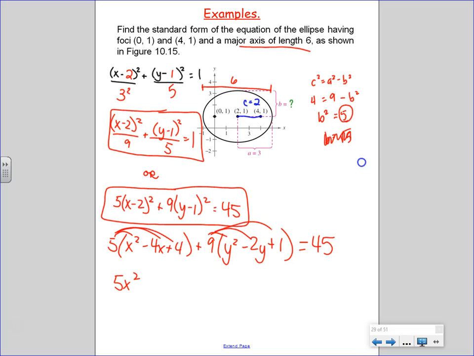I'll do the next term that'll be the right. Ax squared. Bxy isn't there. Cy squared, I'd write the 9y squared second. Plus dx, there's my minus 20x. Plus ey, there's my minus 18y. Plus f, well, I have 20 there, I have 9 there, that would be 29, and I'm subtracting 45. Wouldn't that be,